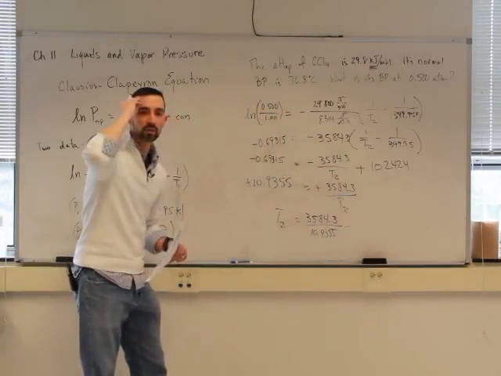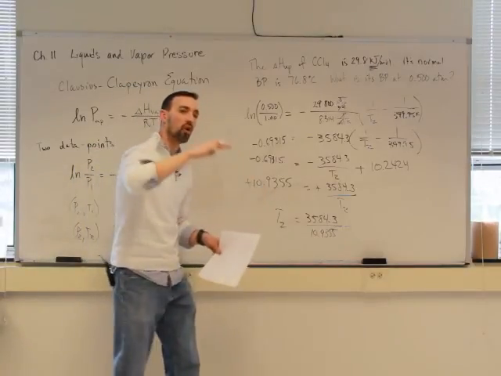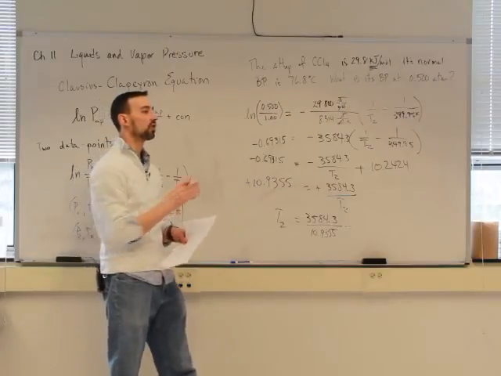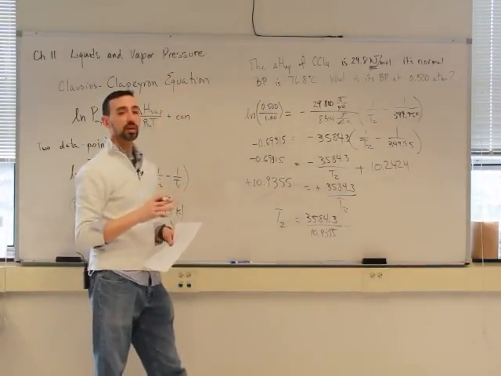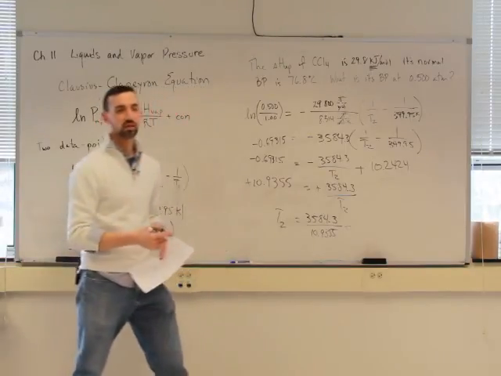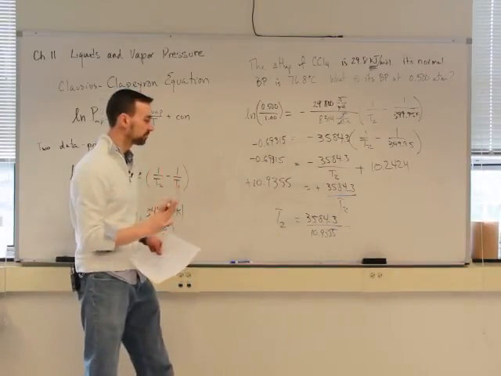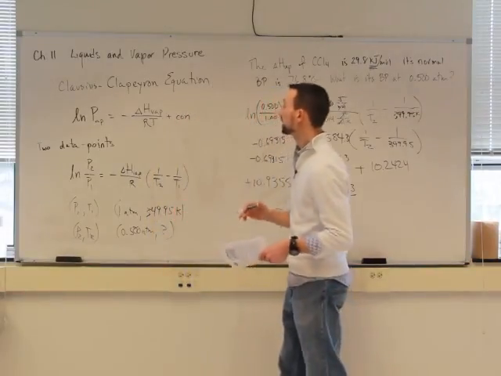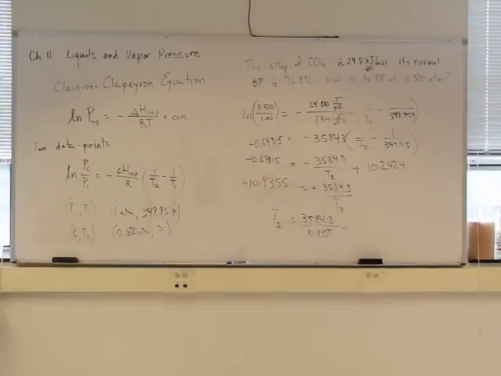Quick check before I do my answer, thinking about this problem. Boiling point always decreases with lower atmospheric pressure. That's what we saw with the case of water. It would increase with higher atmospheric pressures. I didn't talk about it, but that would be what's called a pressure cooker. If you've ever heard of one of those, you can make water stay as a liquid to a higher temperature, but I don't want to get too off track. I'm just thinking about that right now because our 1/2 atmosphere is lower than our normal